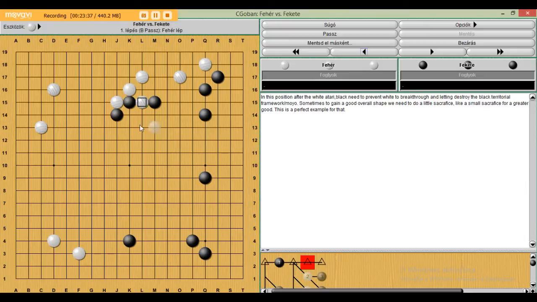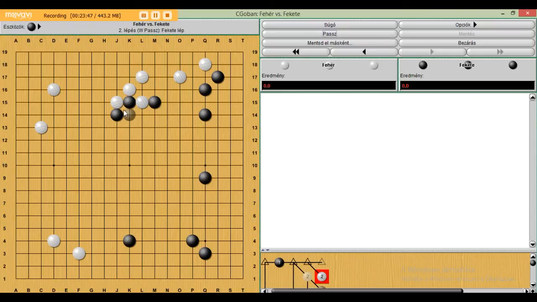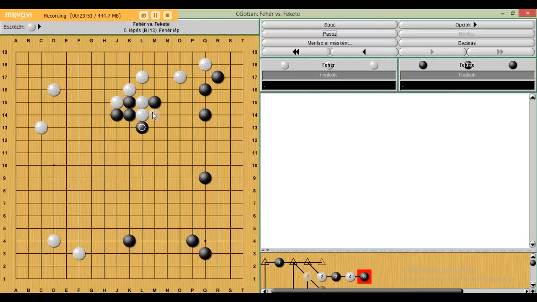If we try to save every single stone, like if we try to save this one and let white break through, it looks like, okay, it's not a big deal because we gain a wall, but actually this wall has some really troublesome defects now. And even though it looks like, yeah, we can sacrifice those 3 stones too, but that's getting a little bit too much. And also